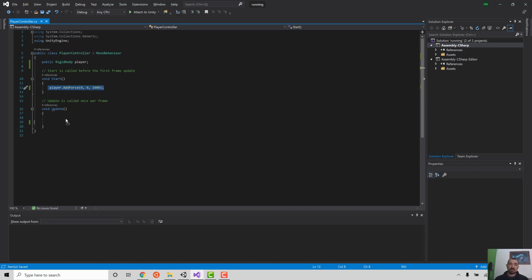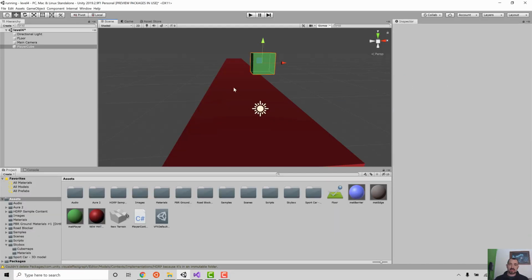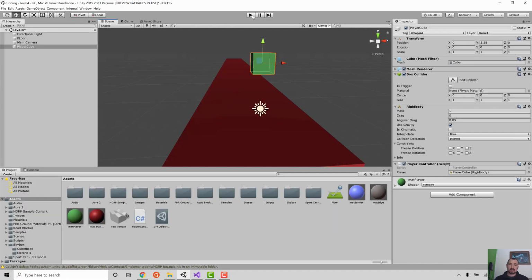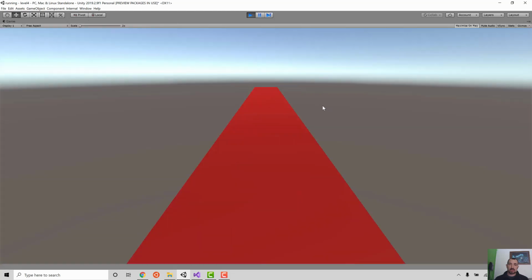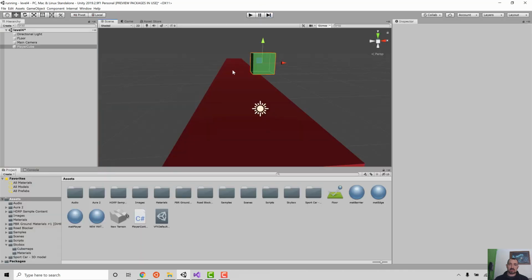Cool. So let's click and drag this down here. Control S to save. Go back into our game. Give it a second to load, and let's see what happens. Whoosh! Alright, well, it definitely went that way. Went pretty fast. Maybe we want to